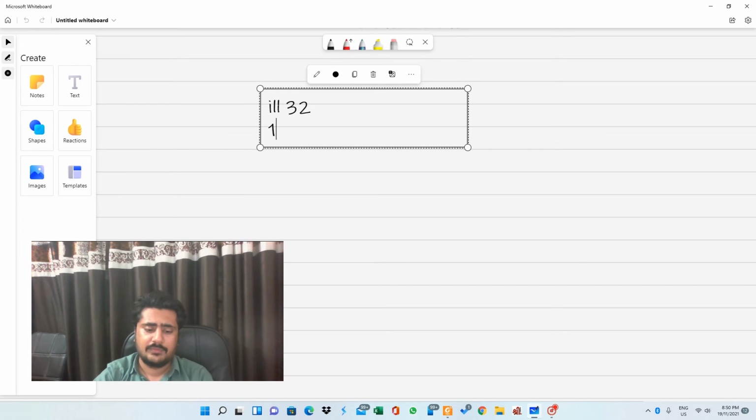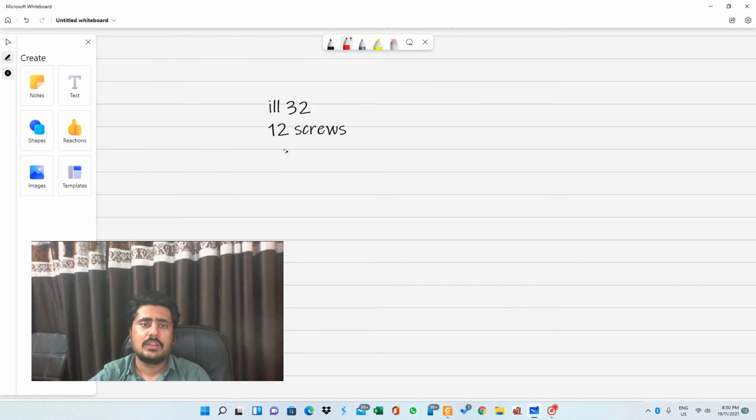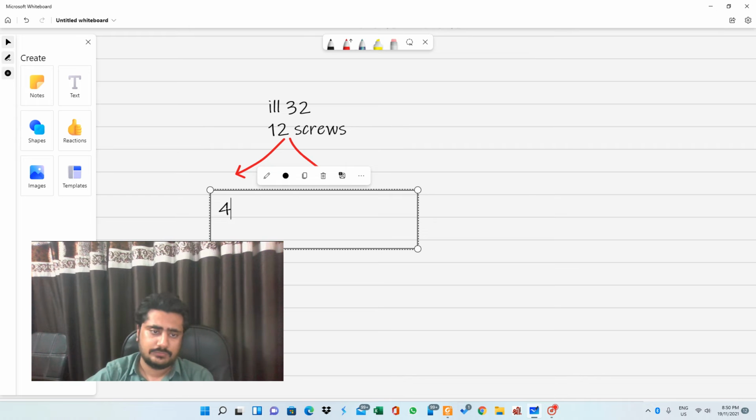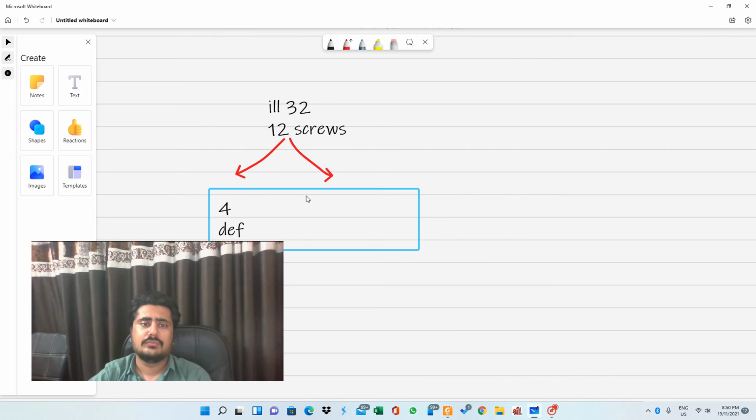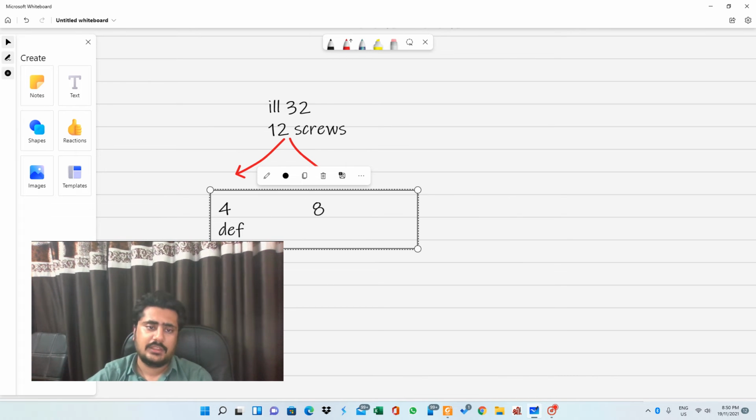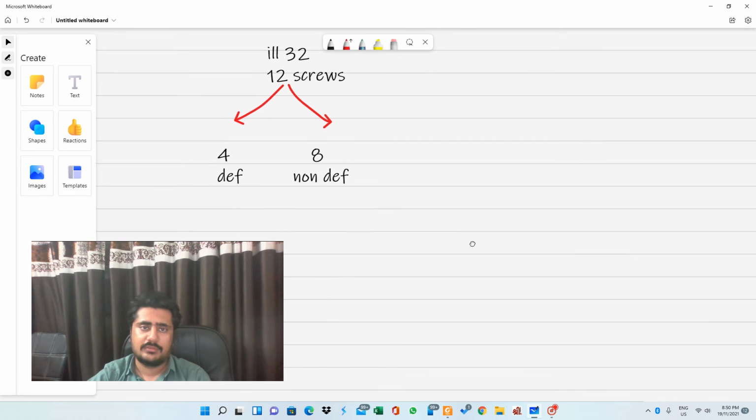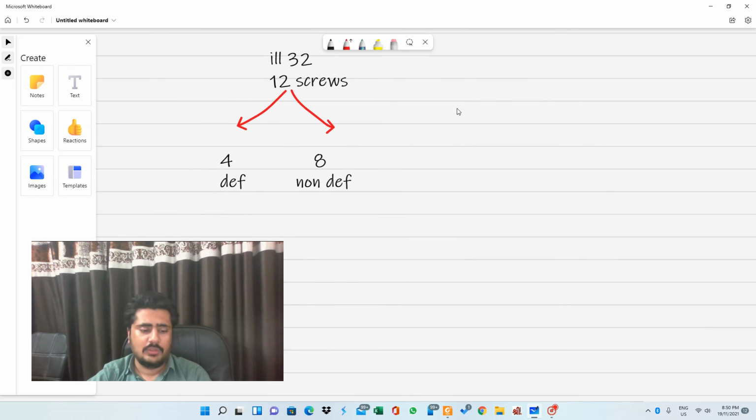Total there are 12 screws. Among those 12 screws, 4 are defective. This means that 8 are non-defective. Now, what you are required to do is